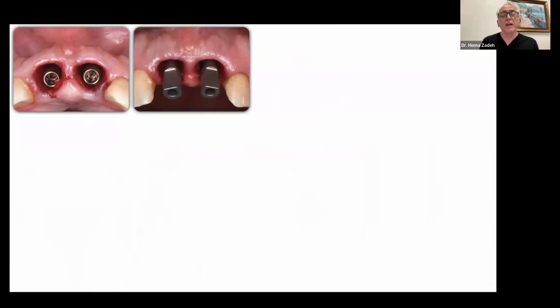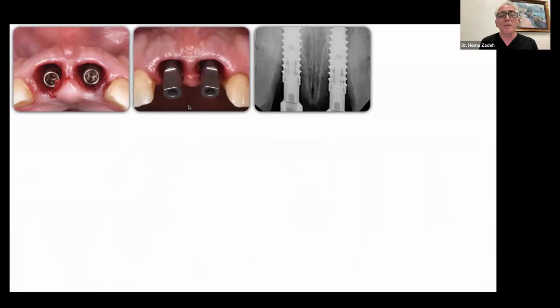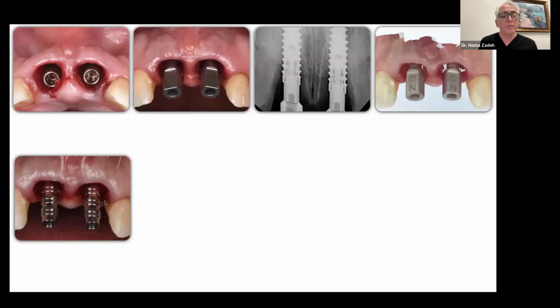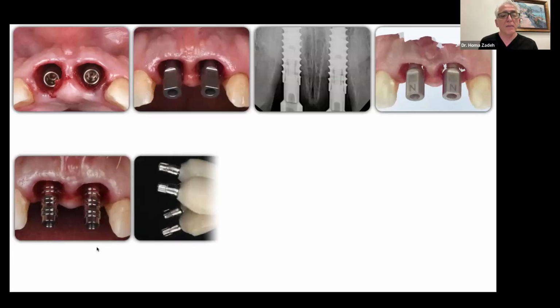Because the patient is flying in from out of town, I went ahead and scanned the patient just so next time he comes into town, the restoration will be ready to go. We don't have to wait for that. That's a really nice feature to have, this type of scan bodies, especially these metallic scan bodies are very nice. We scanned and then put 2 titanium temporary abutments,